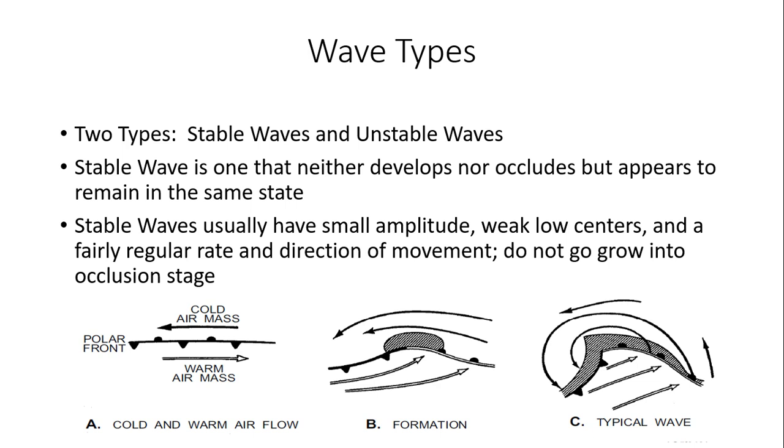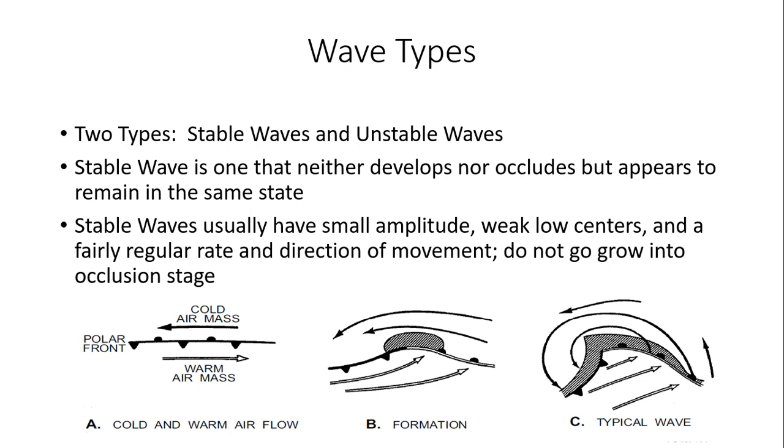So now if I'm looking at the graphic here at the bottom of this slide, initially we have the polar front. It's just sitting there, it's stationary. It's not really moving much. You have cold air to the north of the polar front, and you see the arrow pointed in a westerly direction, from east to west. And then below the polar front, you have this warmer air mass. And see how the arrows are parallel to each other? These air masses are on each side of the front, the cold and warm, but they're not really turning into each other